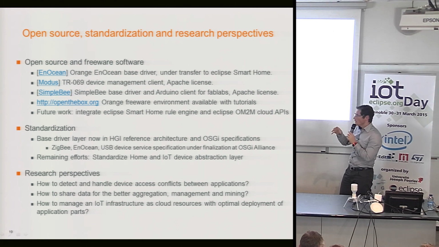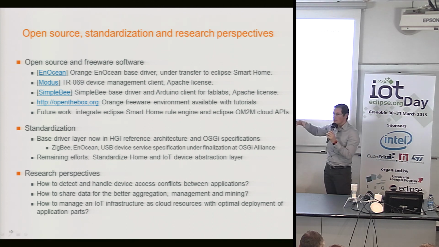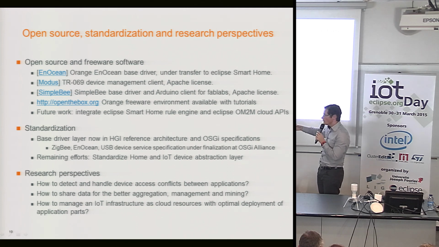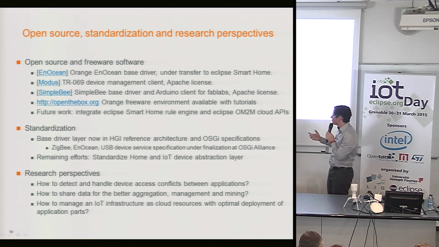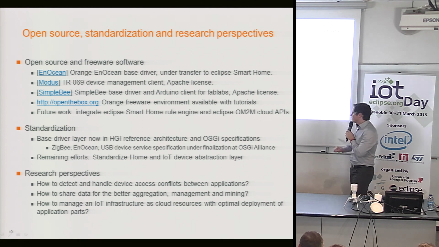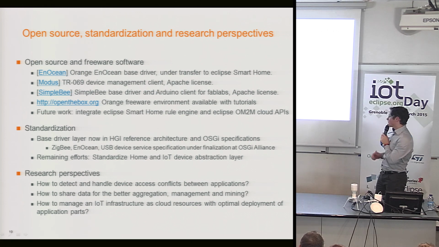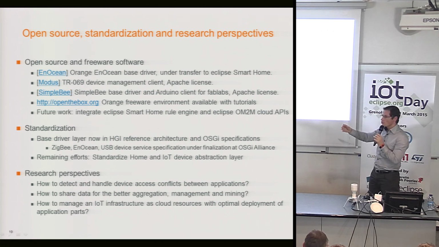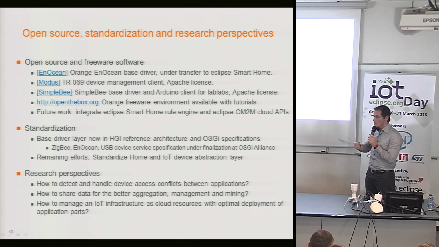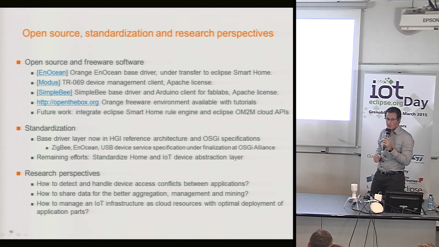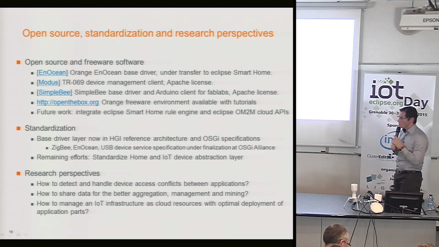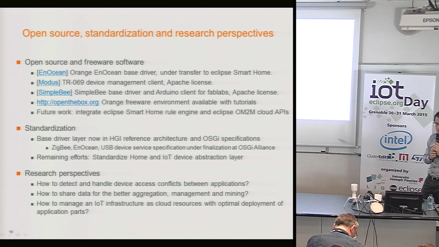And here, in this mutualized infrastructure, the data platform was not in the picture in the OpenBox project, and today it enters the big picture with some issues. And last but not least, we also have to manage the IoT infrastructure with a more seamless integration between the cloud and the box. And we are in this fog computing trend with some researchers on this issue with us.